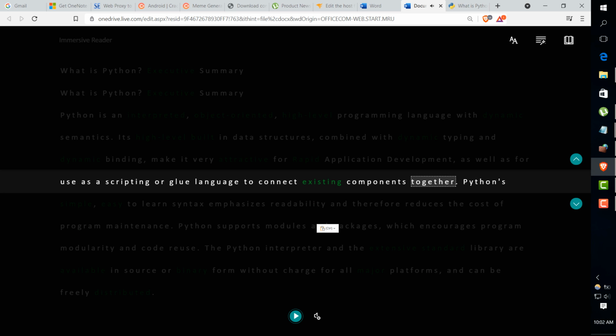So as you can see, it is reading it out. So imagine you have a big paper or any kind of report which you need to go through. You can actually listen to it while traveling, while walking, so that you will at least understand the high level of that particular document. And not only high level, when you of course listen to that particular information, you can interpret well, and you can get through that in detail in a lesser time.